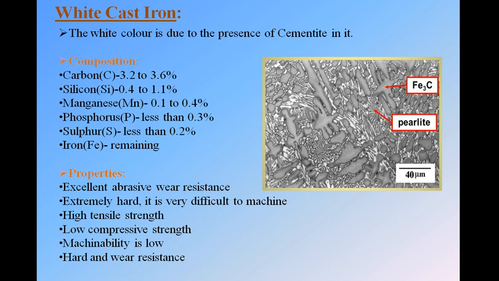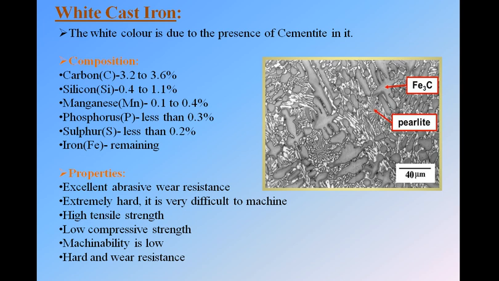It is extremely hard. It is very difficult to machine. It is harder because it has Fe3C in it, and cementite is the hardest phase in the iron carbon equilibrium diagram. So the white cast iron is very difficult to machine. We can only get castings from it. Okay, then high tensile strength,